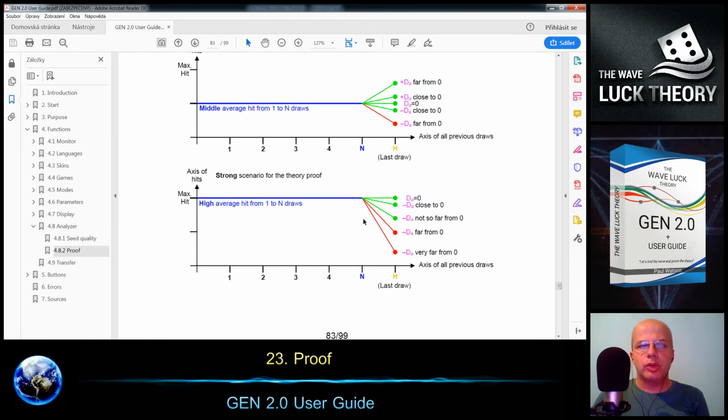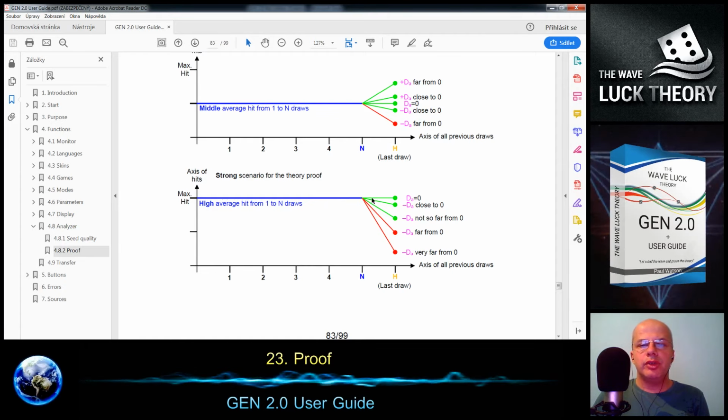Finally, we have the strong scenario. It can happen when we have a high average of the previous draws except the last one. In that case, if the deviation is far from 0, then we can say that we can disprove the theory.